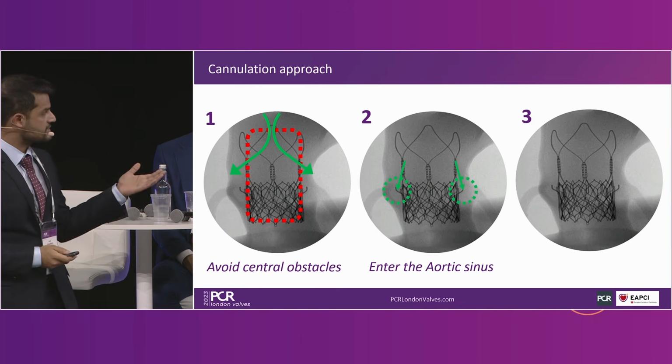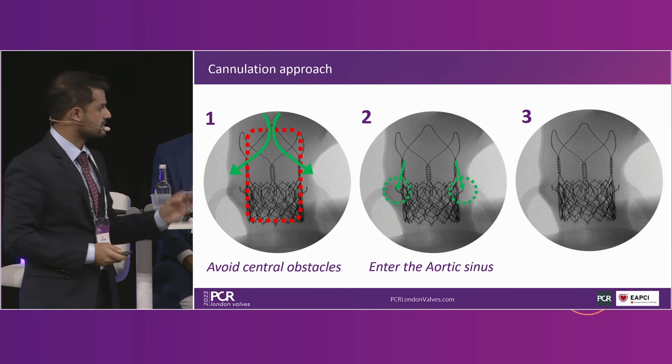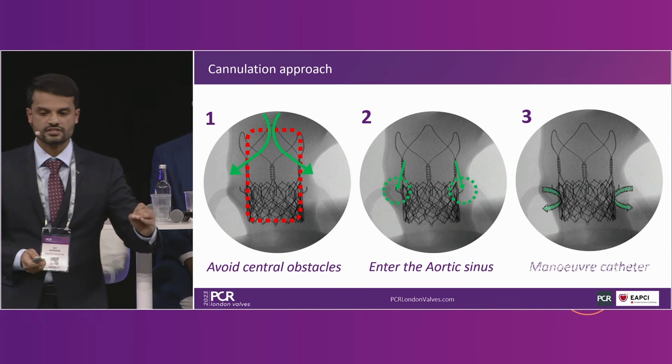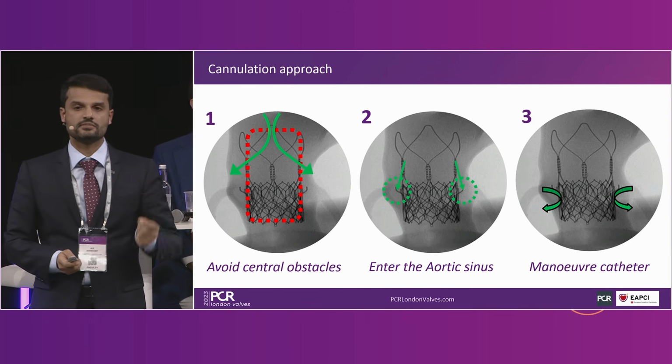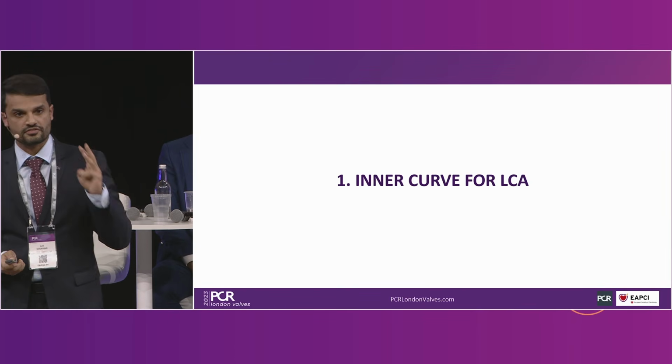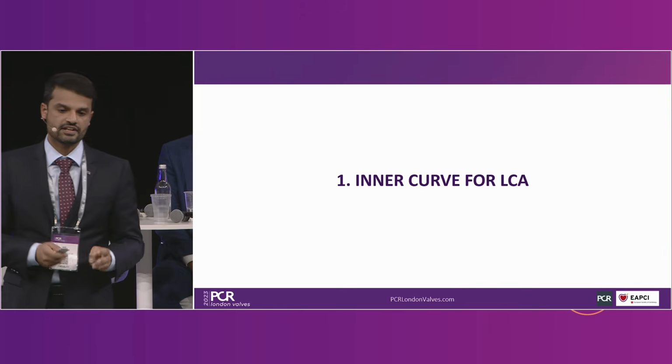Then, we mentioned the sinotubular junction. It really is the bottleneck for coronary access. You need to be able to cross the sinotubular junction, but then you also need enough space to be able to rotate your catheters. So sticking with that approach, I'm going to present to you 3 different techniques and then a couple of other concepts.